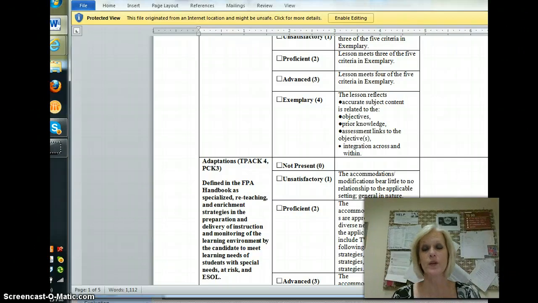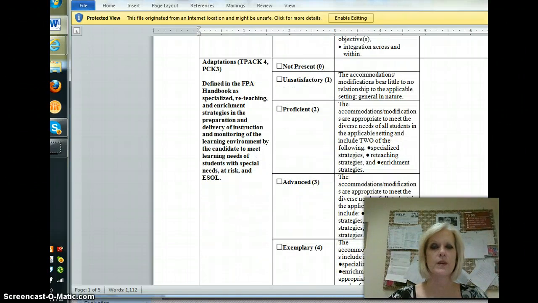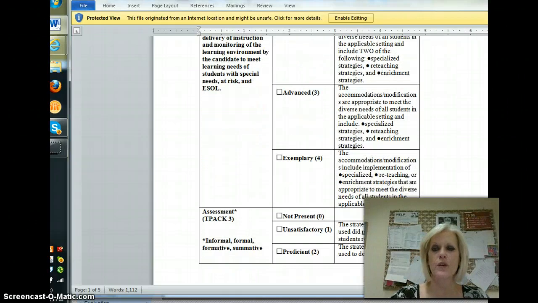And I hear people doing that, and that's awesome. So you want to make sure that it's related to past experience, and that the assessments link to your objectives. I should be seeing rubrics in there, not just anecdotal observation. I need to see something more tangible that's going to be a record of what you are assessing the students on. Adaptations, again, the reteach and the enrichment, and then the adaptation for the student who possibly has a special need.